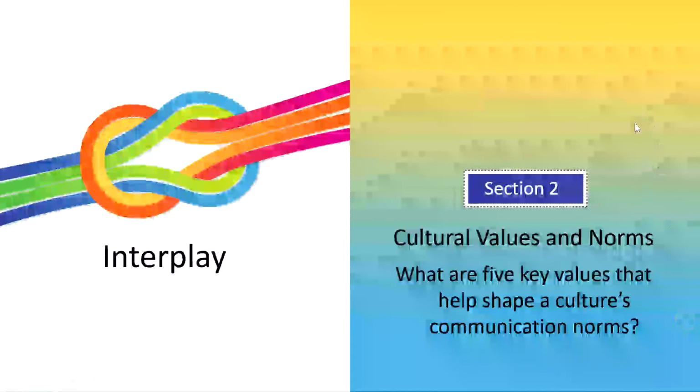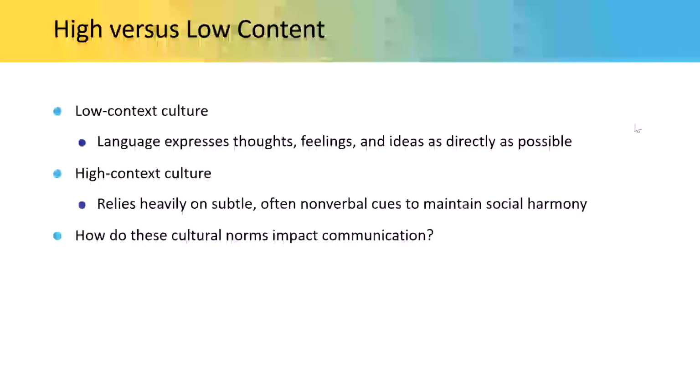And by the end of this, or as you go through this section, I want you to think about this question, so at the end you can actually answer it. What are the 5 key values that help shape a culture's communication norms? And not just what are they, but what do they mean? Okay, this is crucial work in social phenomena. So the first 2 are the big 2, and I think some people say this is the biggest difference, and other people will say it's the next one. In any case, this is major.